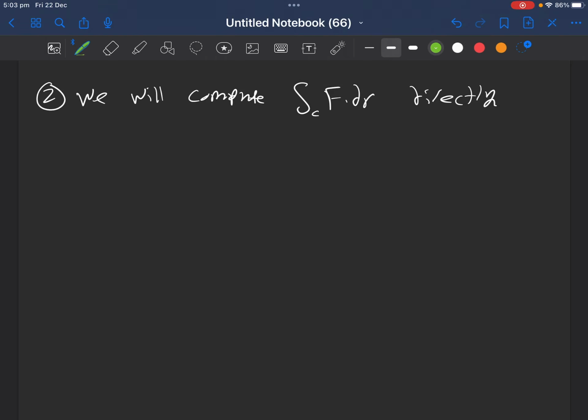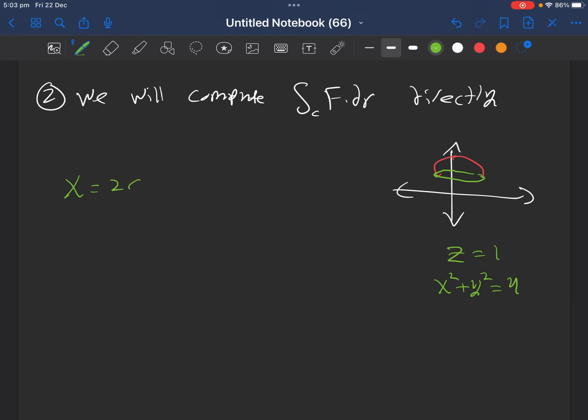And remember, what is the curve? If we just talked about it here. The curve is this one, this circle, which means z is 1 and x squared plus y squared equals 4. So if we do the parameterization, we would use 2 cosine t, 2 sine t, z equal to 1, and of course t should be between 0 and 2 pi, and we assume it is counterclockwise. So if we just do the integral now,